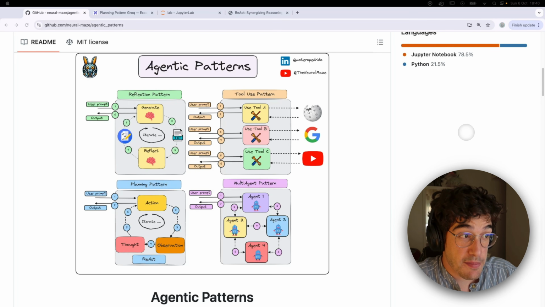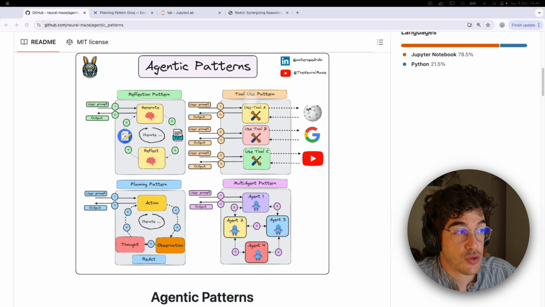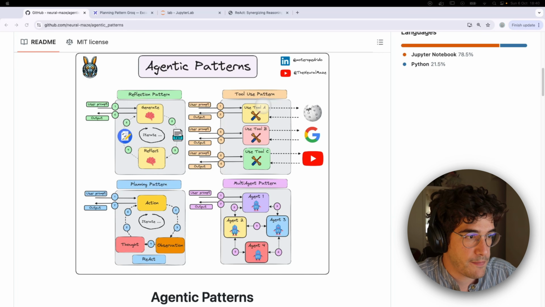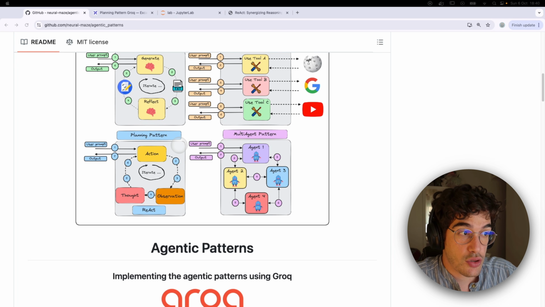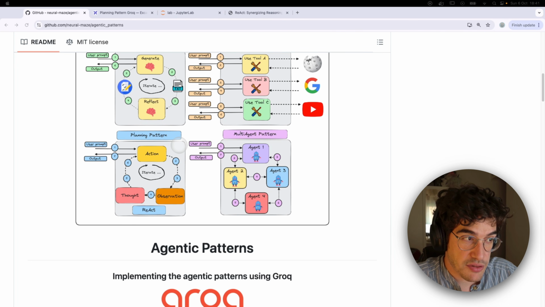So this is the third episode of the Agentic Patterns from Scratch series. In previous videos, we have learned how to implement a reflection agent and also a tool agent. You have the links to the videos in the video description, by the way. Today we are going to focus on the planning pattern and we are going to implement a ReAct agent using